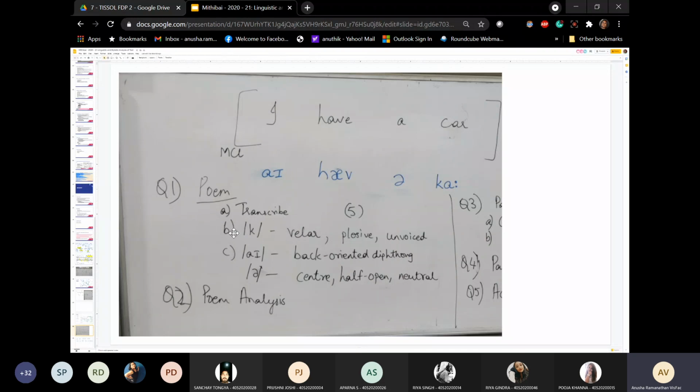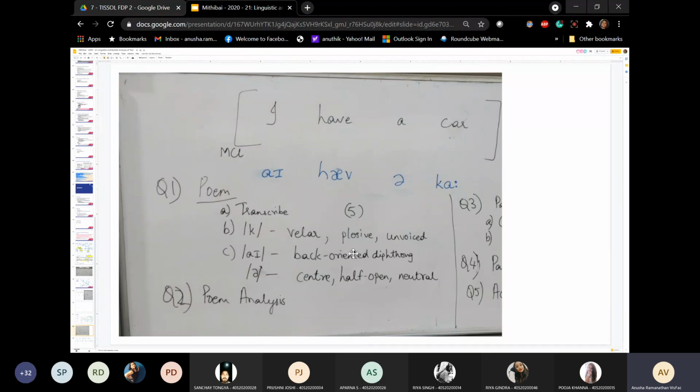The other part of it is to give a 3-term label. If you're looking at car, the k sound is velar. It is coming from the back of the mouth. It is a plosive. It releases with a burst of air, and it is unvoiced or voiceless. The h sound is glottal, and it is a fricative, and it also is voiced. The v sound is also a fricative, but where is v coming from? Labiodental, right? The position is labiodental, and it is definitely voiced.